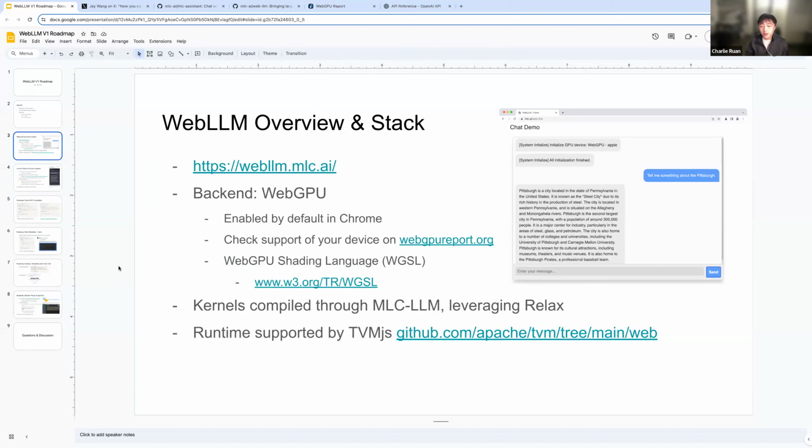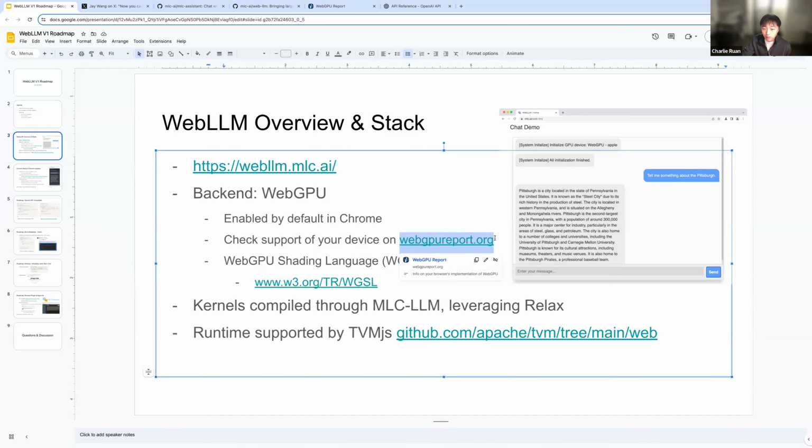We use WGSL. And a good thing is that it doesn't matter if you're using a MacBook or Windows or even recently Android, you can all leverage WebGPU, which provides a natural abstraction layer for both users and developers. And it is currently enabled by default in Chrome, and you can check your own device or browser support inside this